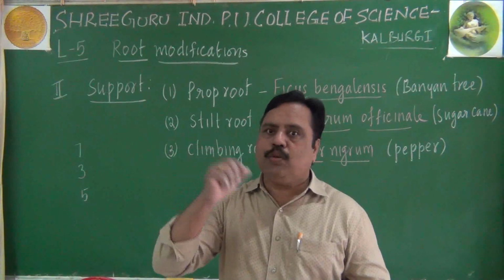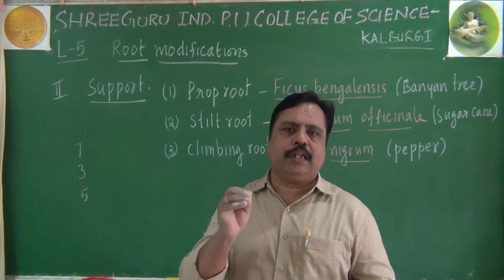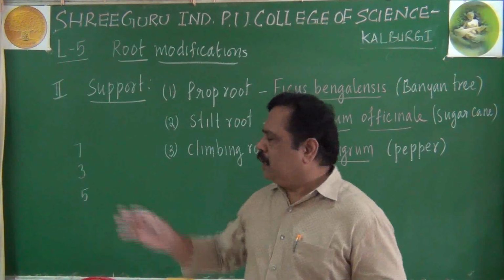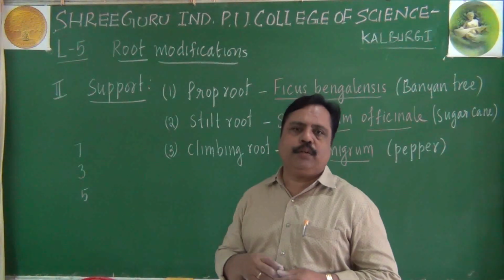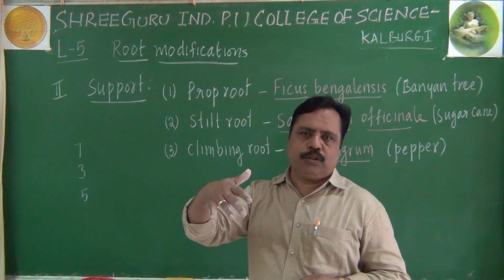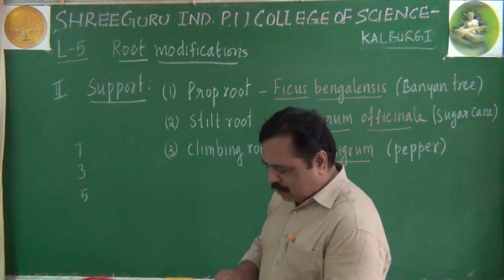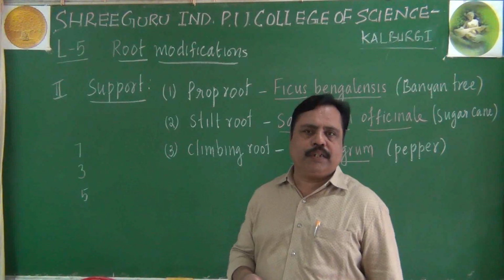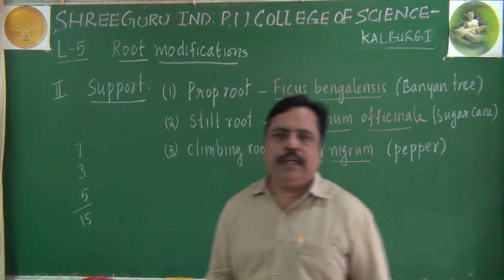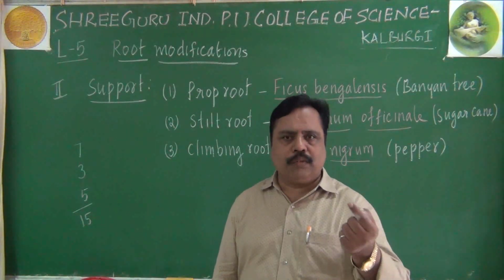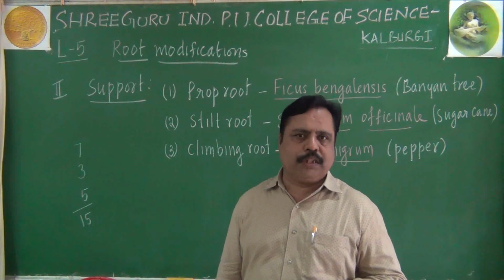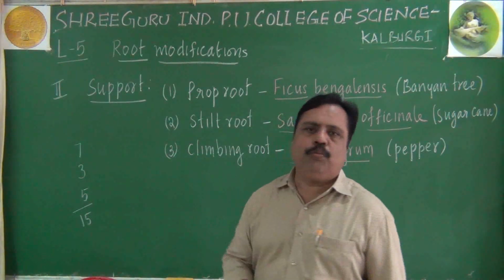They have hygroscopic root. One of the important questions is that hygroscopic root absorbs moisture from the atmosphere. Then I told you about a parasitic root called Cuscuta also. Parasitic root penetrates into the host body and derives nourishment. So another 5 types of physiological functions we have seen. Totally around 15 root modifications I have described. Each one is worth a 1 mark question. There will be many competitive questions in competitive exams also based upon this root modification.